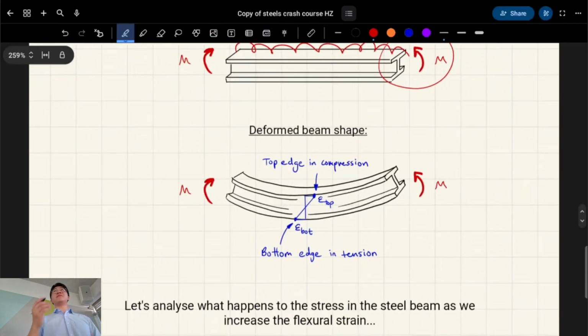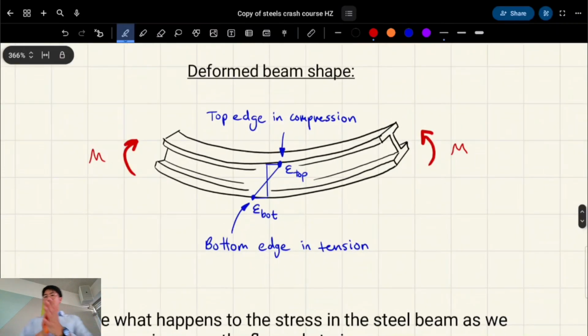Let's go back to engineers' beam theory. If you've done concrete, this is the most important topic in concrete. In steel, it's important, but it's somewhere in the middle of the course, and it's one of the harder topics, right? So, if I have my trusty bit of Play-Doh again, and I bend it like this,